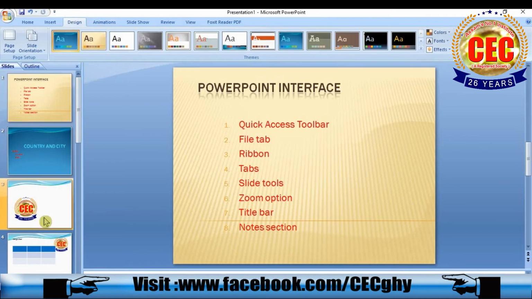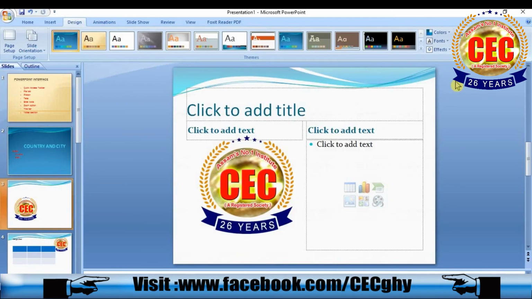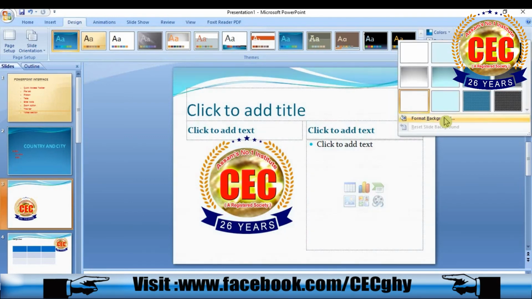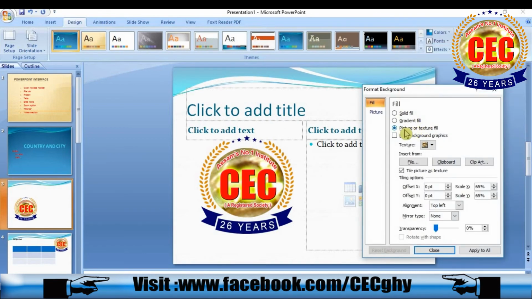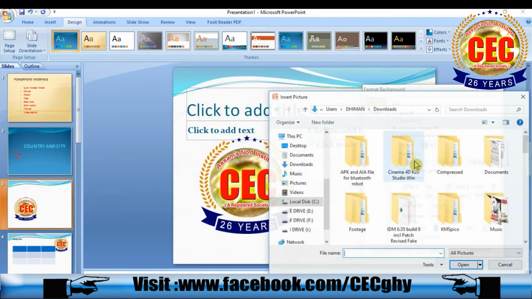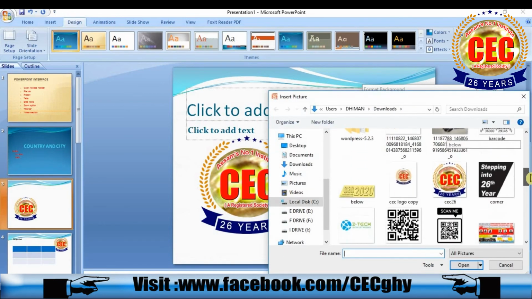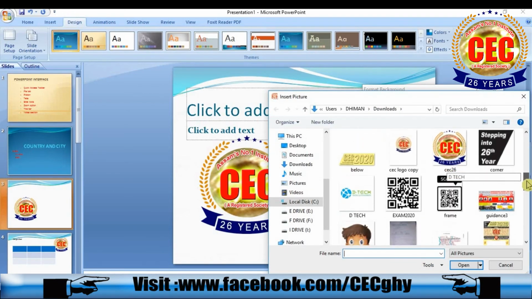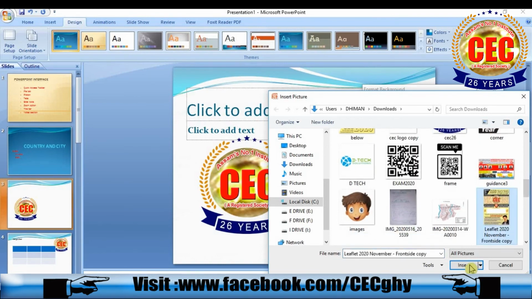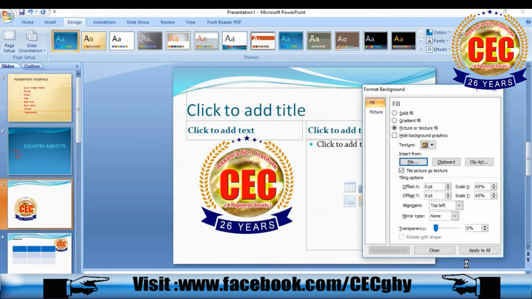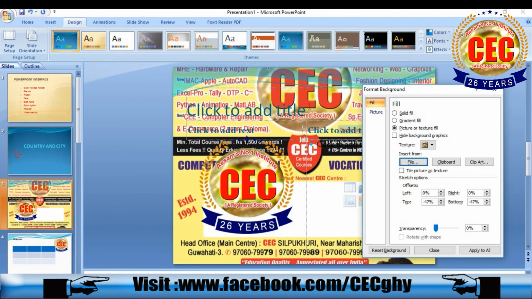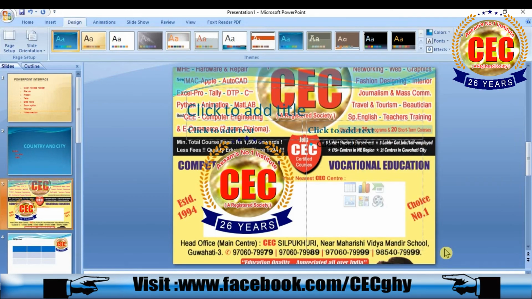If you want to put a picture in the background, go to background style, click on format background, select picture or texture file, insert from file, then select any one picture, like that, insert. See, the background picture is coming. If you want to apply it to all the slides, then apply to all, otherwise you can close it.